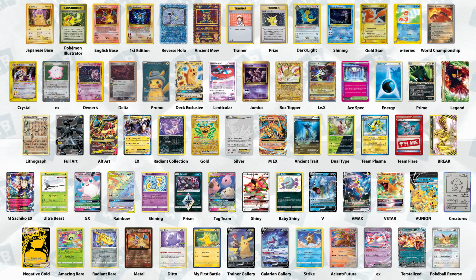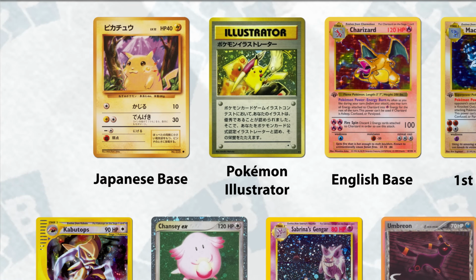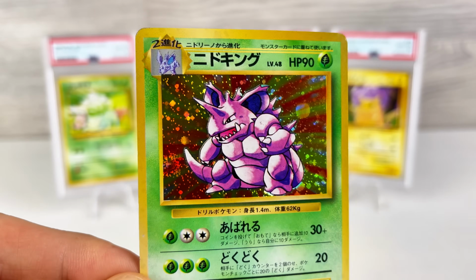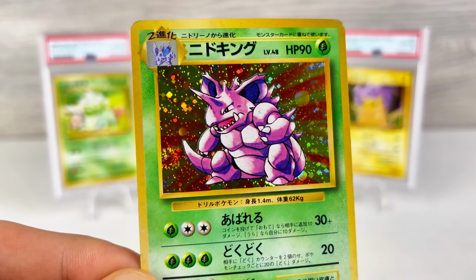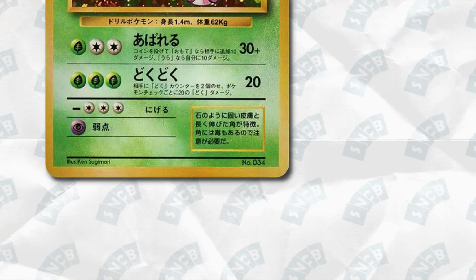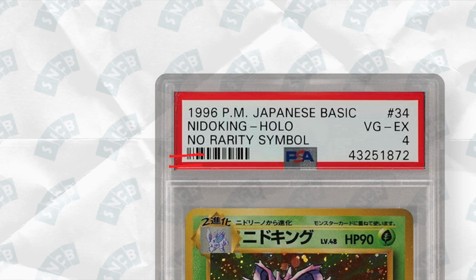This is what the very first Pokemon trading cards look like. They were released in Japan in 1996. The first set was called Expansion Pack. In the bottom right you'll see a rarity symbol, but the first round of cards to be distributed did not have rarity symbols. Collectors in the hobby call these the no rarity cards, which are among the most expensive and